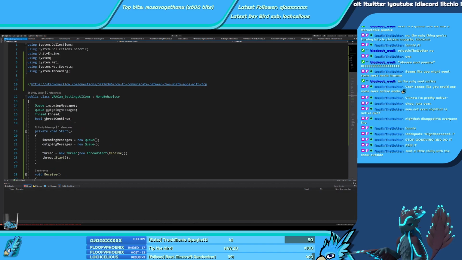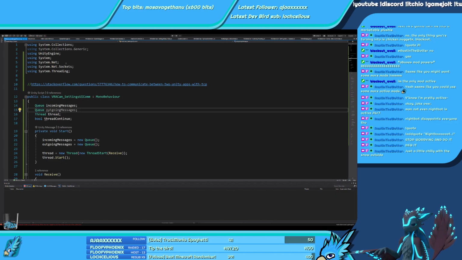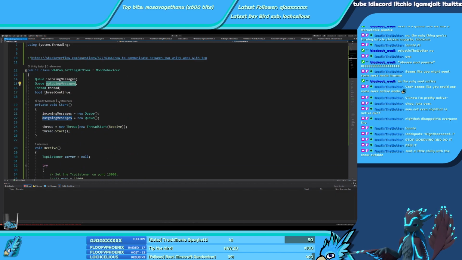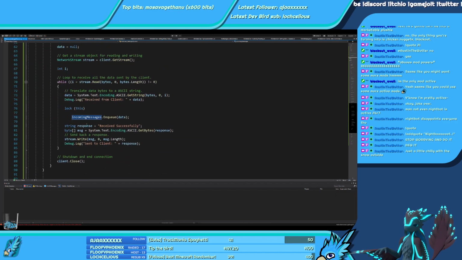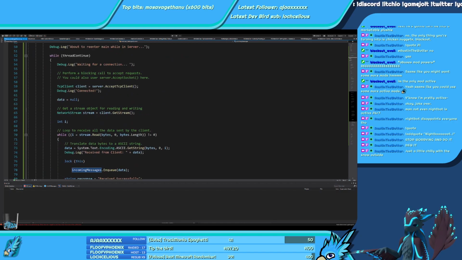The listener. So there's two queues. One for incoming messages. The queue is for threading. System collections queue. Sent. And then one for outgoing. And I'm guessing these are down there, yeah.